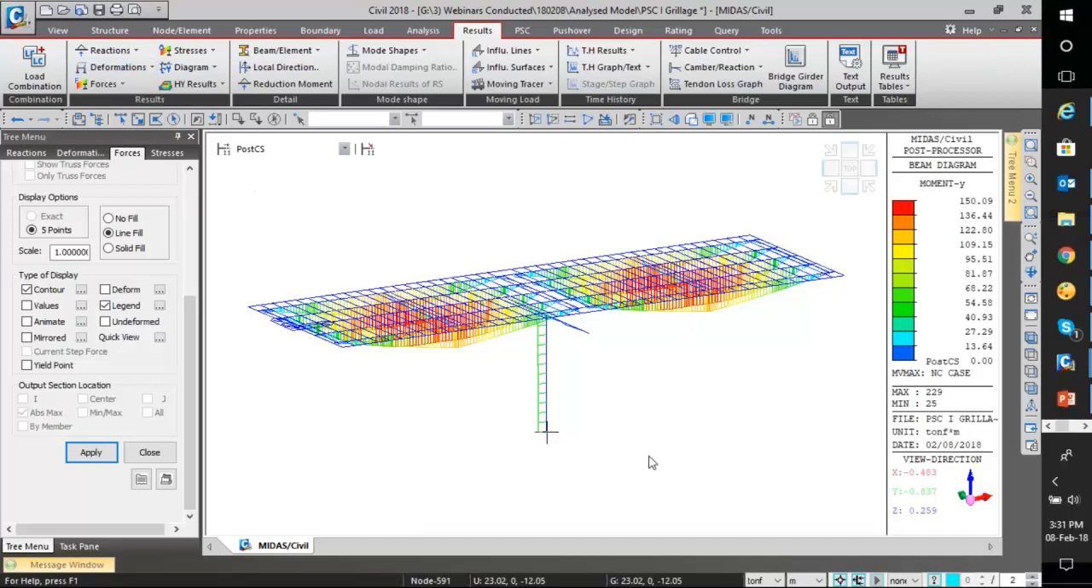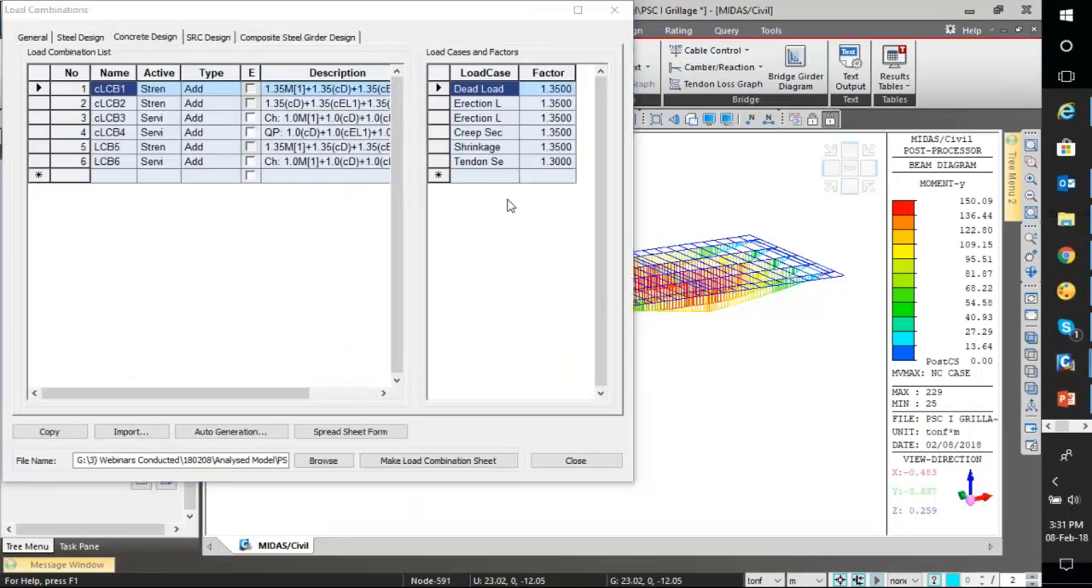The next question is about, yeah, can you make the envelopes? Yes, you can make the envelopes as well. That can also happen from load combination. So over here, you see this type. Right now, it's additive. So if I want to create an envelope of say LCB5 and LCB6,